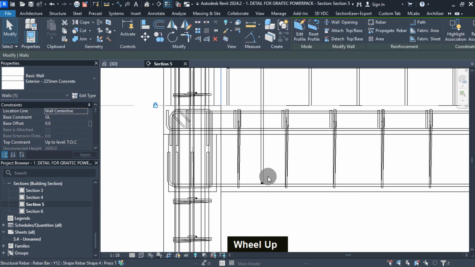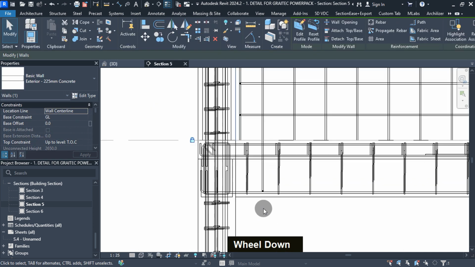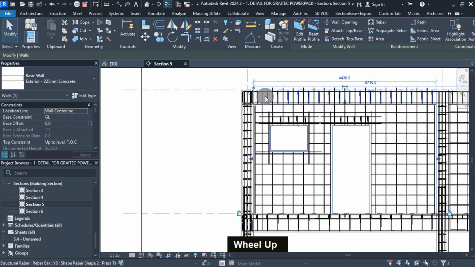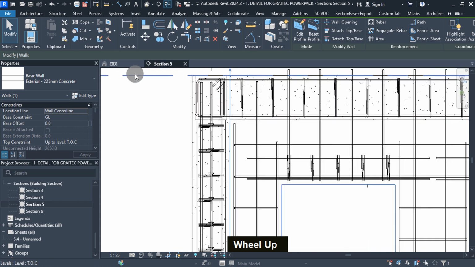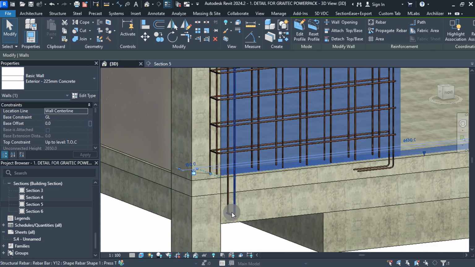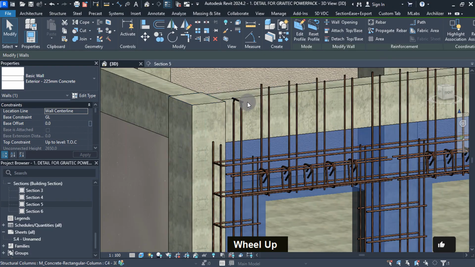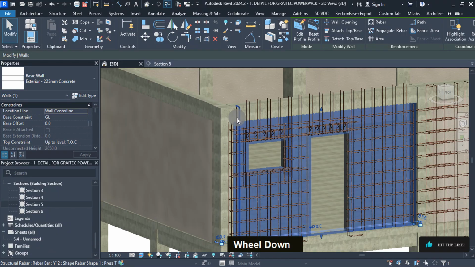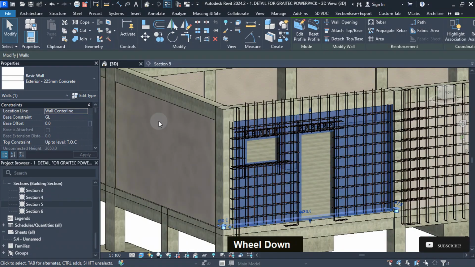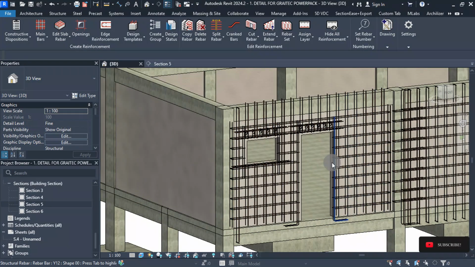I will zoom to view the edited package. The bar is now constrained perfectly within the model at the bottom and top as defined. In 3D view, we can see the edited rebar, and that is how you can easily identify the sets within a package. Now that we have the offset values identified, we can edit the other vertical packages from main bars,